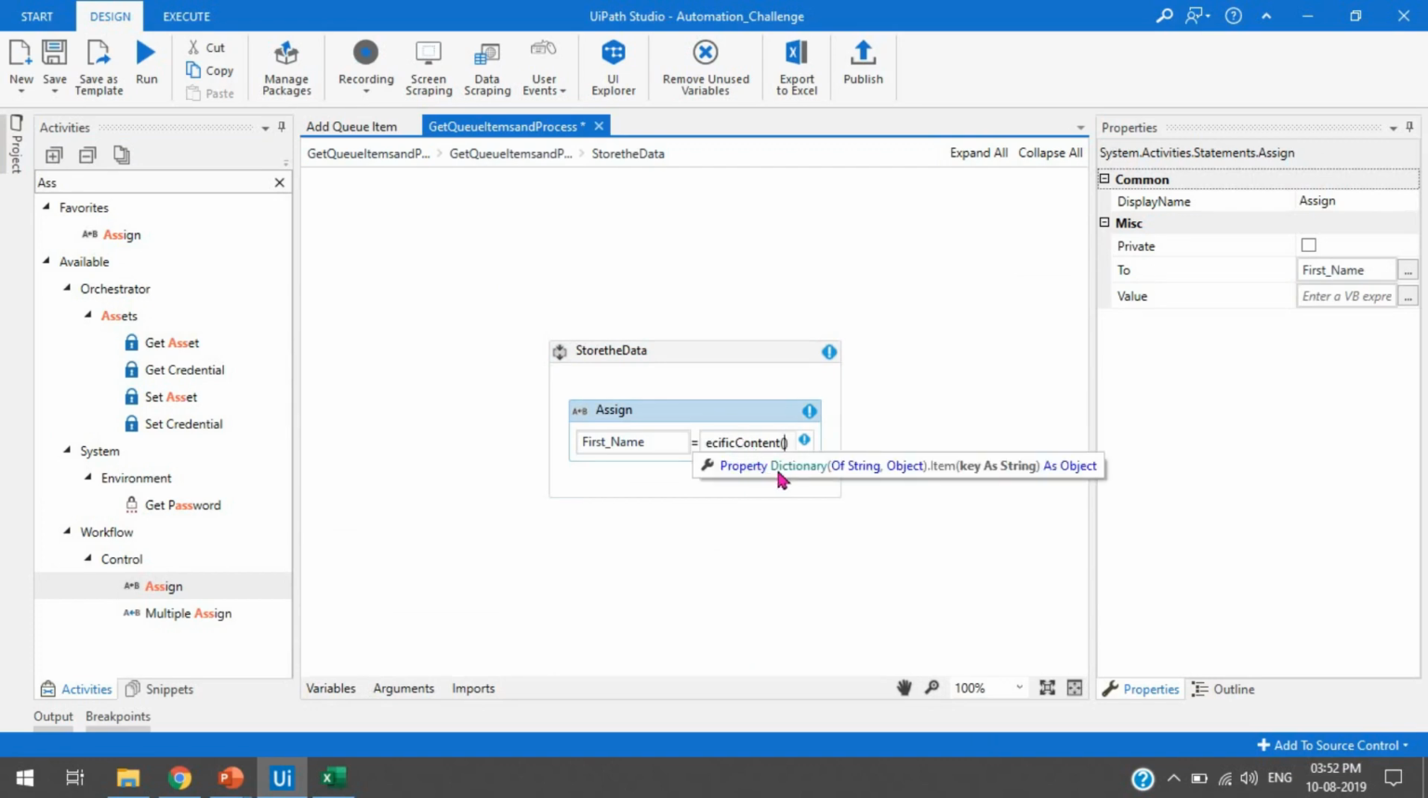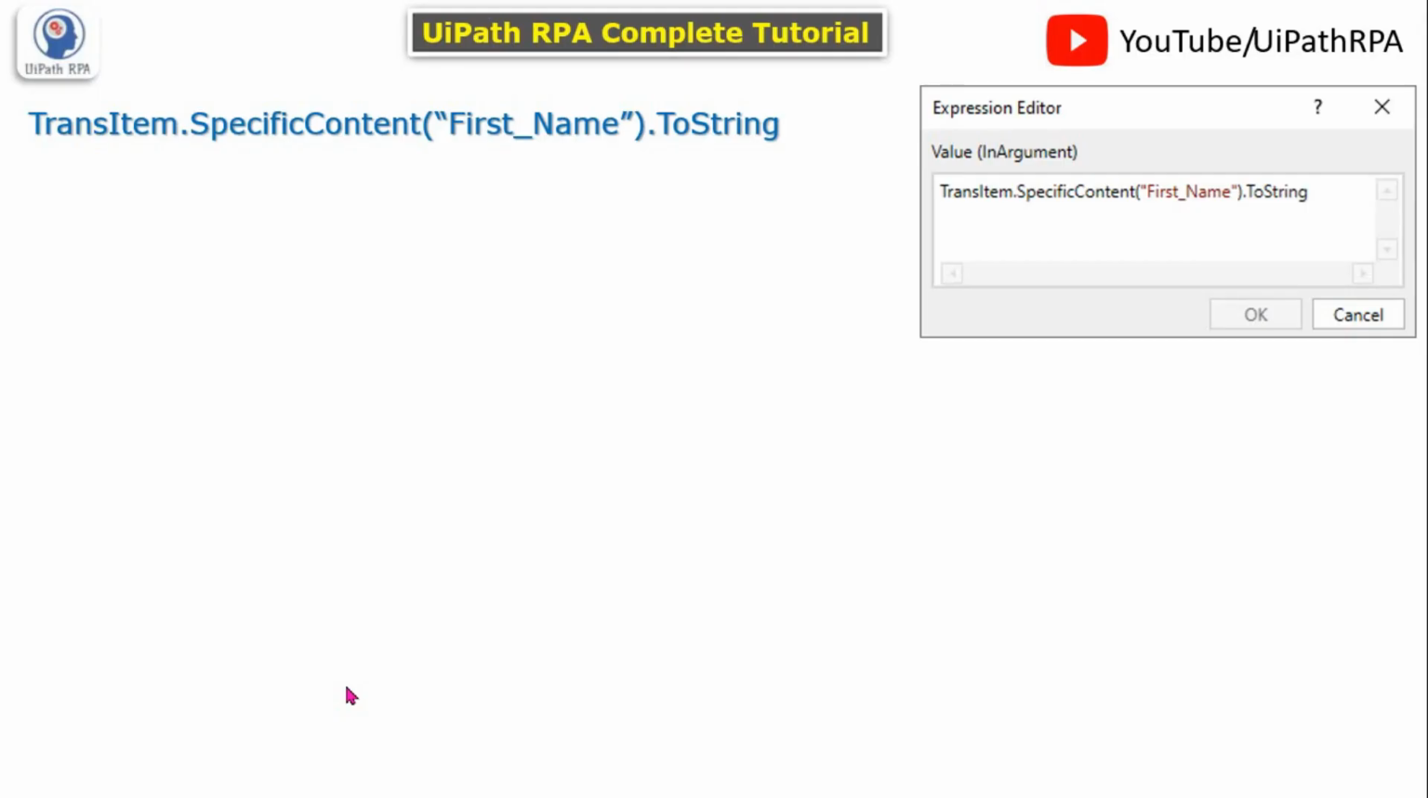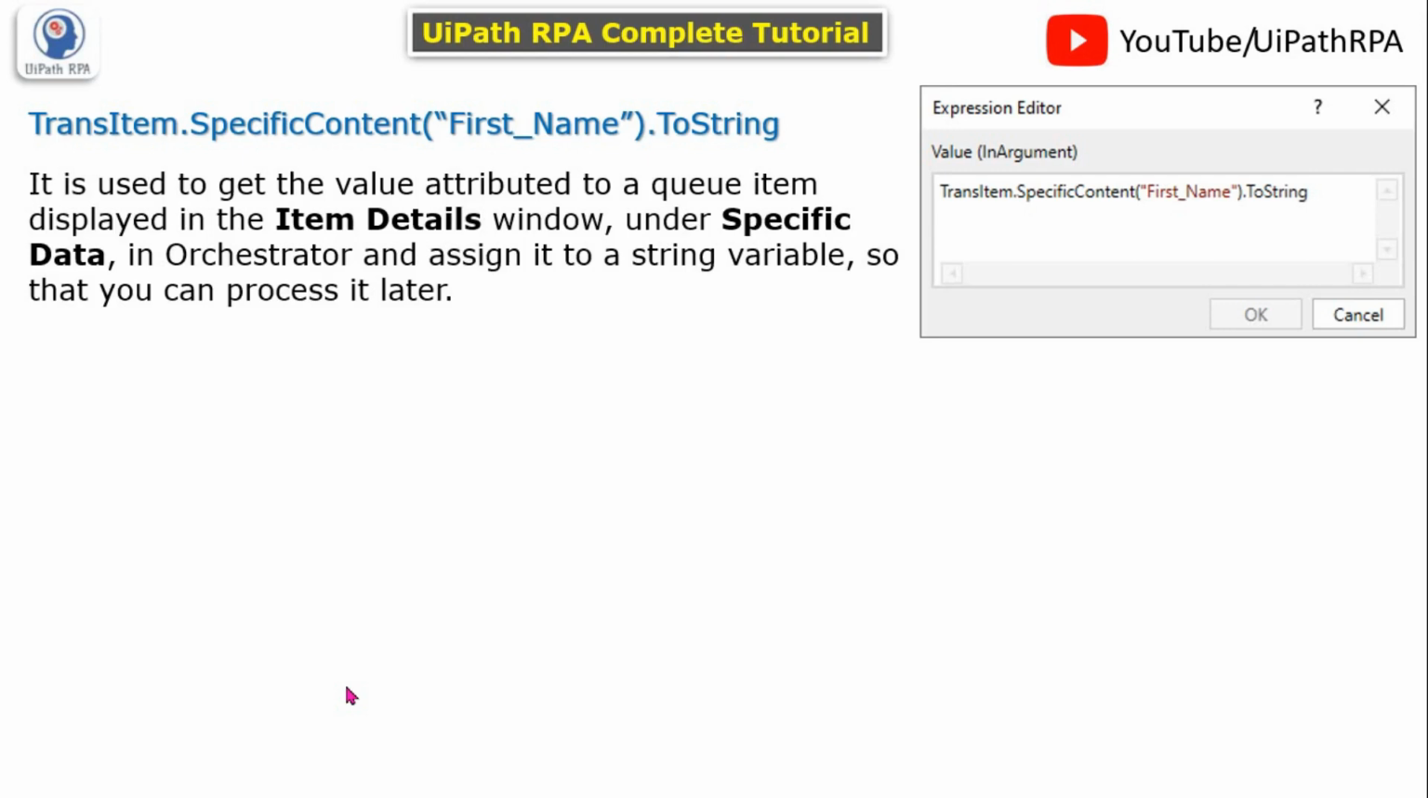Now here you can see the property Dictionary of String, Object, dot Item key as a string. So we need to put here a string. In the double quotation we need to pass the name in which we have the data in the queue. First I am going to tell you what is the use of this TransItem.SpecificContent. TransItem.SpecificContent("first name").ToString is used to get the value attributed to a queue item displayed in the item details window under the specific data in Orchestrator, and assign it to a string variable